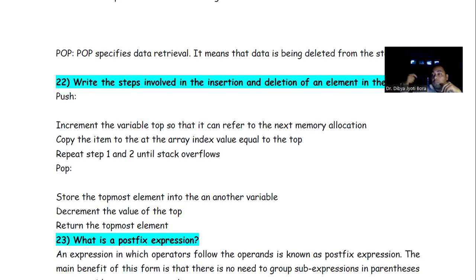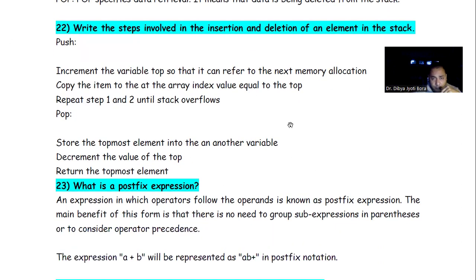Then you can increment top to 6, top plus 1. Then copy the item to the array index equal to top. If stack overflow is there, we have to stop, we cannot perform the insertion. In case of deletion, we need to decrement the value of top until we reach the topmost element.